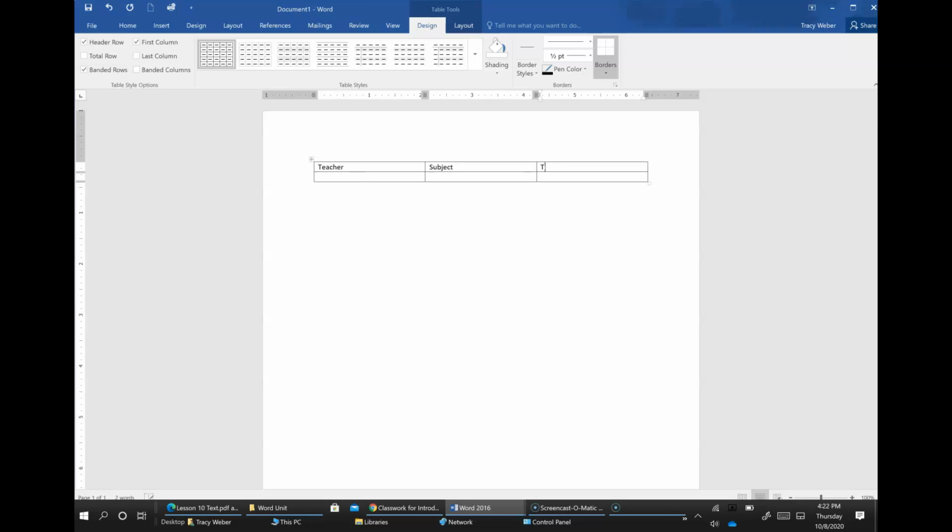And in the first column, I'm going to list teacher, subject, and time. Okay? And then second row, and then next row would be